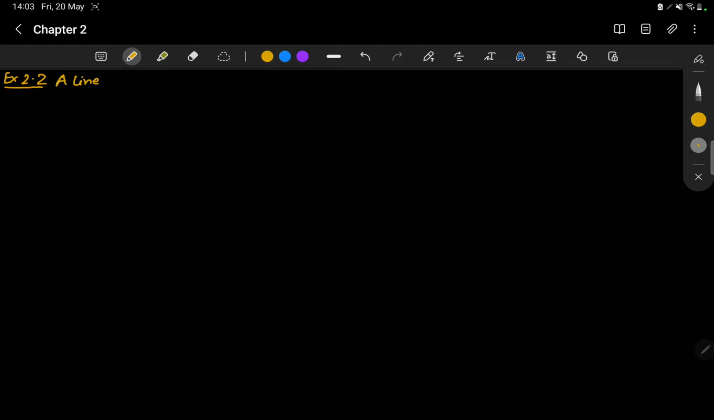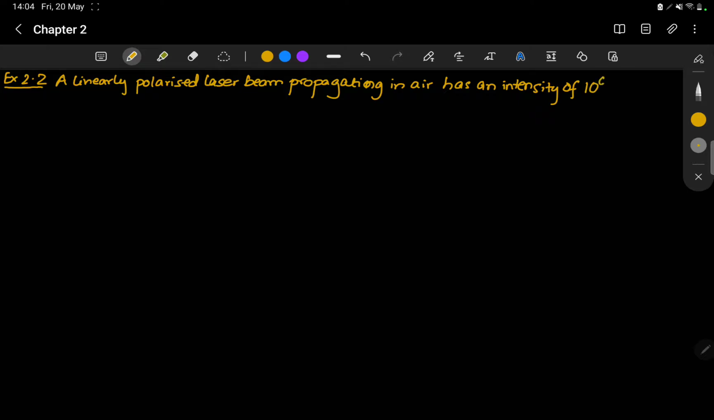A linearly polarized laser beam propagating in air has an intensity of 10 to the power 6 watt per meter square, 1 megawatt per meter squared. So the question says